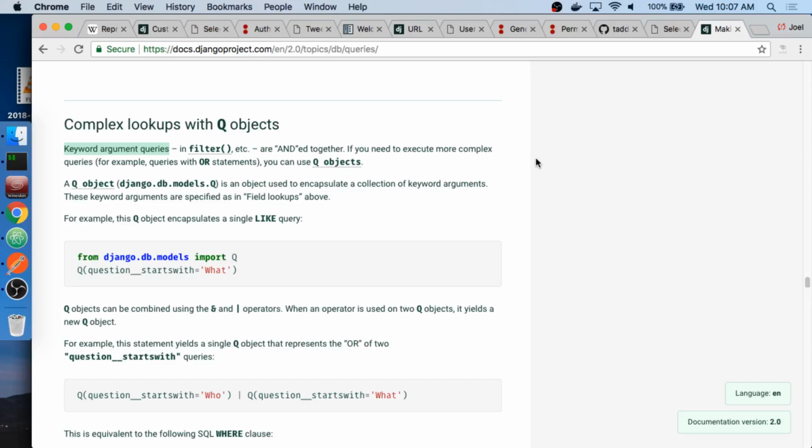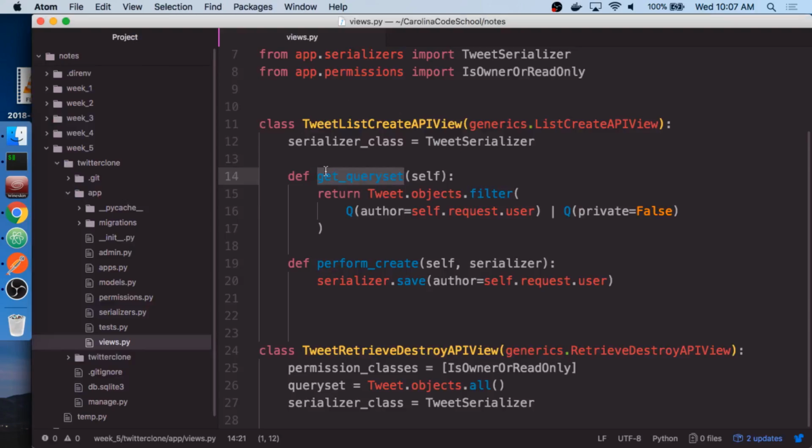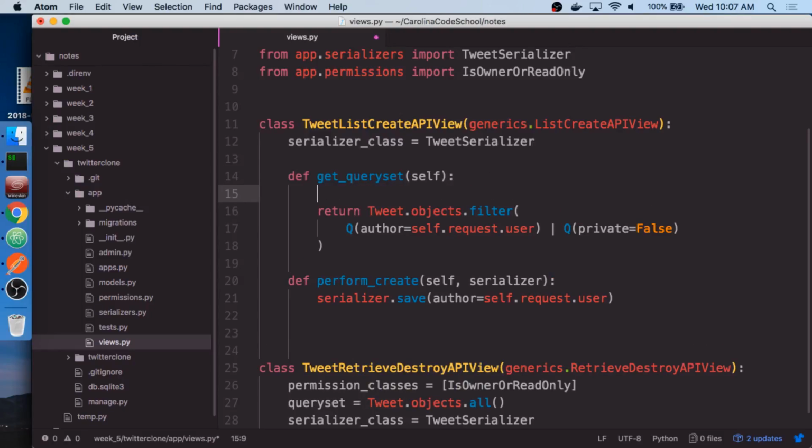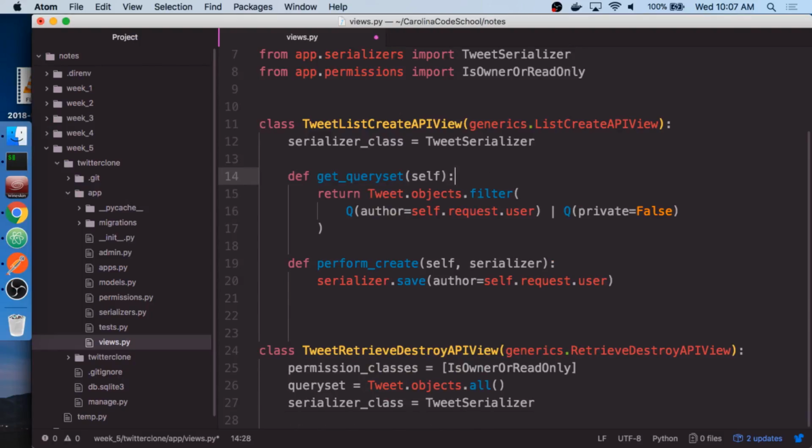All right, so get_queryset. Before we head into break, get_queryset is how you filter down your response, and you can really filter. You can do whatever you want here. This is just a function, a method here. You can do any sort of computation. You can access the database for other things. You can say who my request user is. Oh, we need to also filter down by user as well.